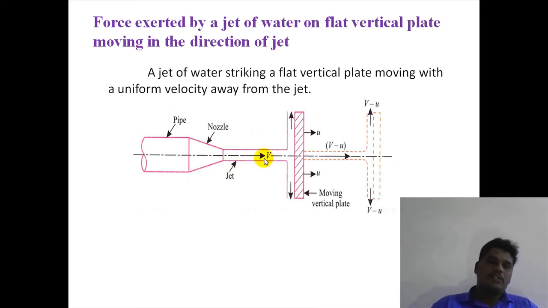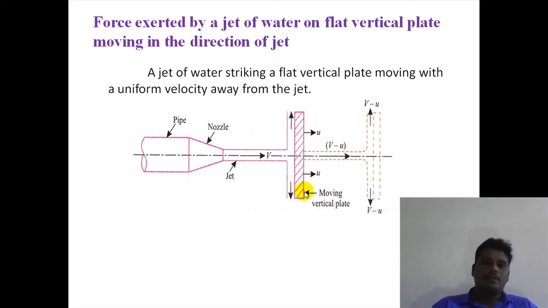The jet strikes with a velocity. Whenever the area decreases, there is an increase of velocity. It strikes the vane, and now the vane is also moving. The relative velocity becomes v minus u. In the case of a fixed vane, it is v minus 0. In the case of a mobile vane, it is v minus u. Then it leaves with the velocity of v minus u.